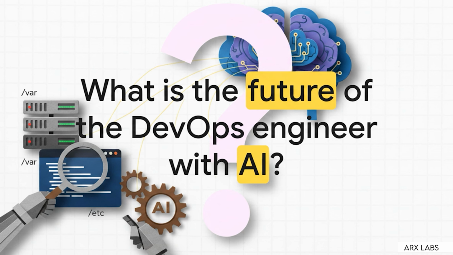But all of this actually brings up a really crucial final thought. Your logs are safely writing in var, and your system settings are neatly defined over in etc. But we are officially entering the era of AI ops. If an AI agent can read those logs, search for errors, and predict a memory leak way faster than a human ever could, what exactly is the future of the DevOps engineer? As tools evolve to automate this reactive troubleshooting, your role is going to shift from just reading the files to orchestrating the